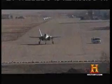At the tip of the spear will be a formation of 4 F-22s, escorting 12 F-35 Lightnings, the Joint Strike Fighter. The F-35 began its development process